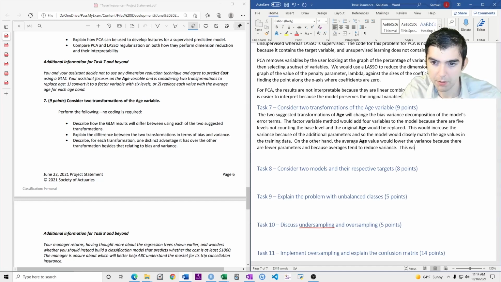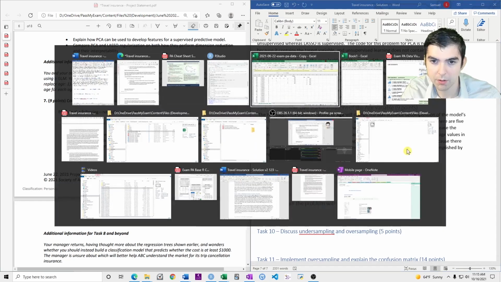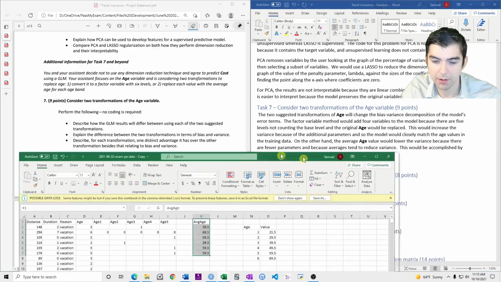So yeah, this would be accomplished by setting all trips with age equal to 1 to 21.5.